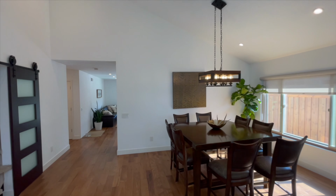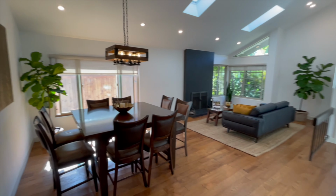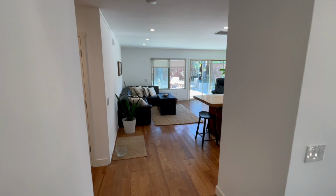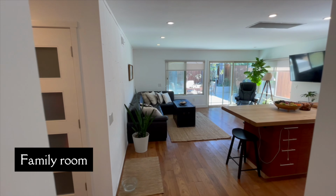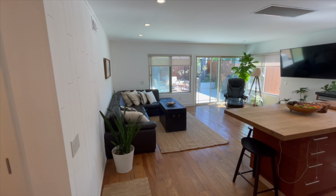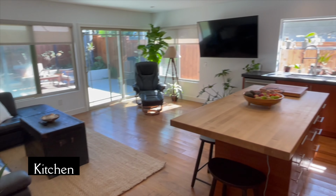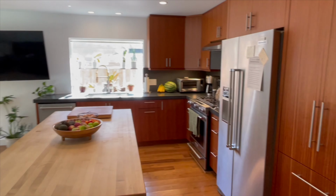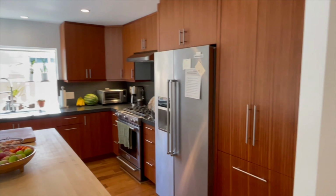Give you a perspective from this angle and see how big it is. It's really nice, very spacious. And then we'll transition into the family room as well as the kitchen. And again, the kitchen completely remodeled. Beautiful cabinetry,